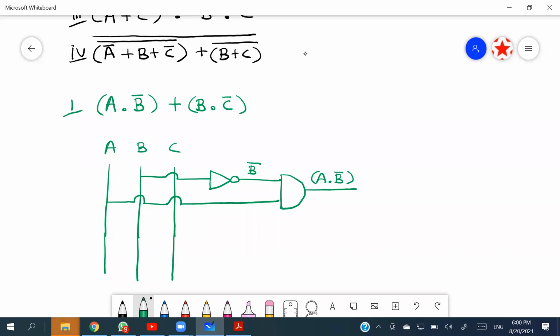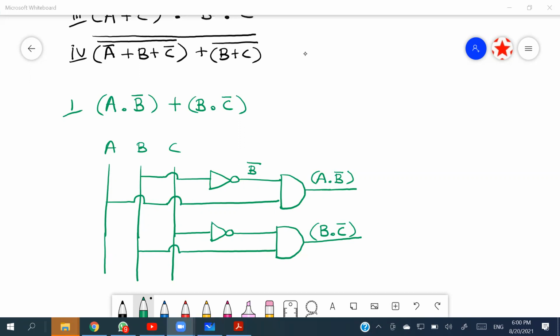Then I have to concentrate on the second bracket, which is B dot C bar. Again, it's better if you create C bar first. And then I can take a line from B. Then I can send these two through an AND gate, which is going to give me B dot C bar. Right, so when you are drawing this, it doesn't matter